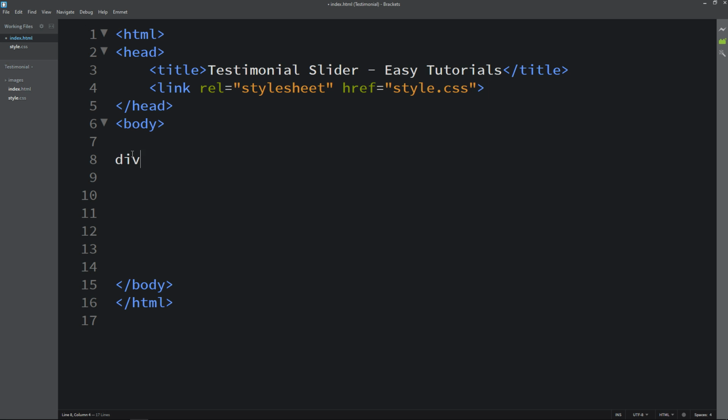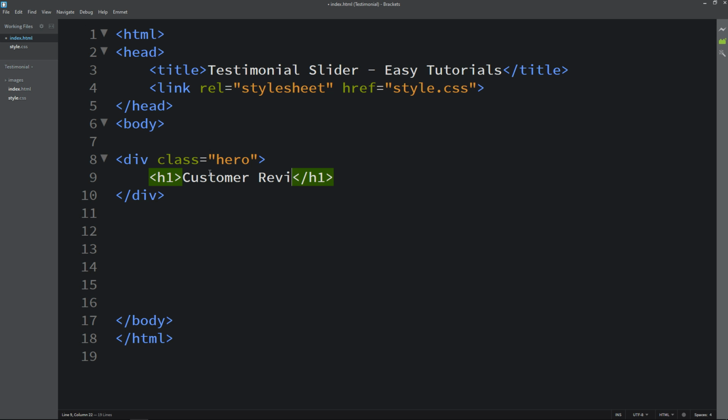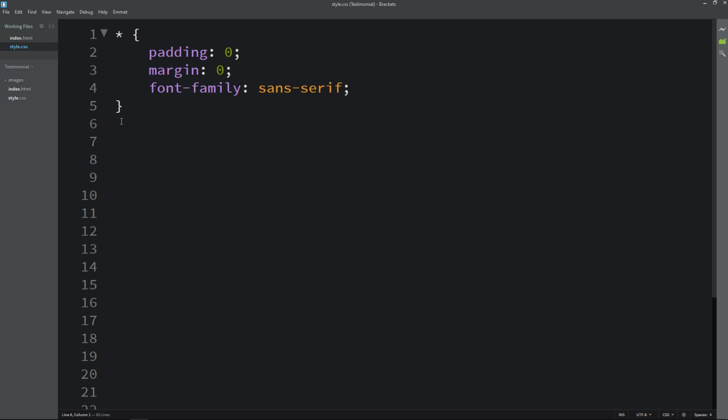So here we will create one div with the class name hero. Next we will add one title here. So I will use h1 and the title is customer review, like this. Now just copy this class name, write it here in the CSS file. Here we will add CSS properties like width, height and background. In the background we will add this color code,